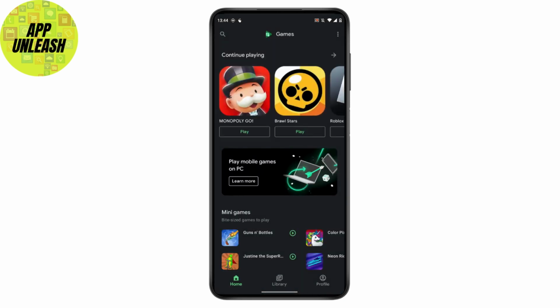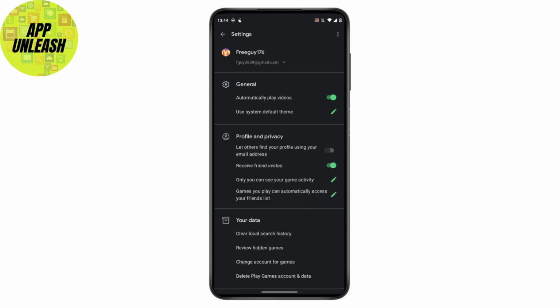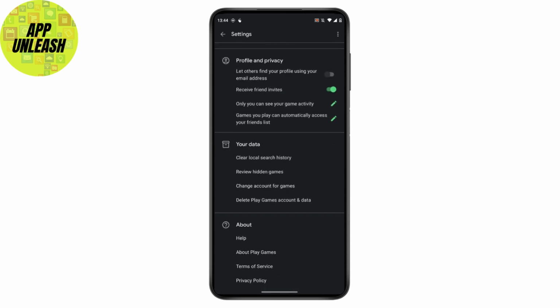You can just simply open it, and after opening it up, now what you can do is just tap on the three dotted icon which is on the top right, then tap on settings. After tapping on settings, now you just have to wait for a few seconds and you can find the following options. So from here what you can do is just tap on change account for games,